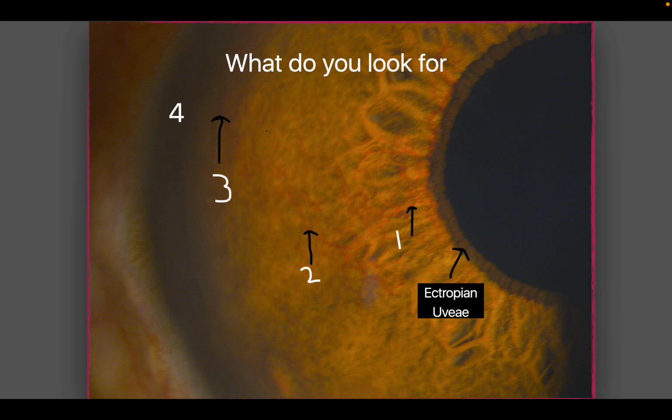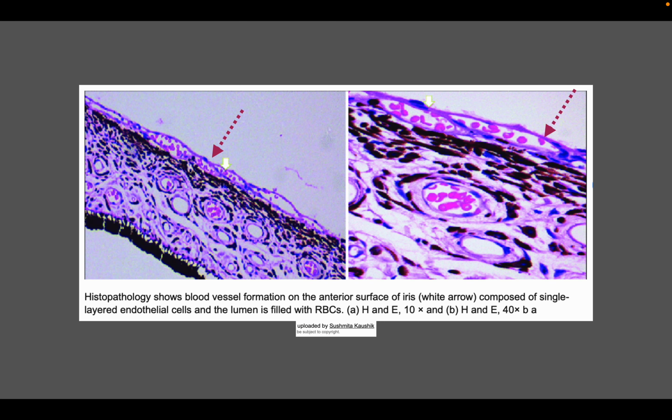The second step is when you see the neovascularization of the iris, the tuft of vessels can be seen just at the pupillary margin. That is stage 1. In stage 2, you can see that it is going up to the collarette. In stage 3, it crosses the collarette, and in stage 4, it gets into the angle. So what you see in the iris is basically a single layered blood vessel showing the RBCs. You can see that the arrow mark is showing you the single